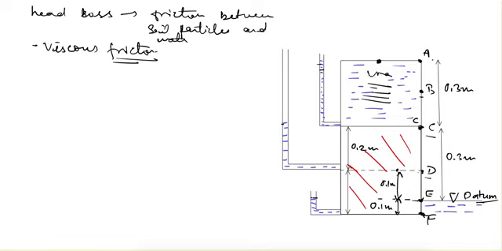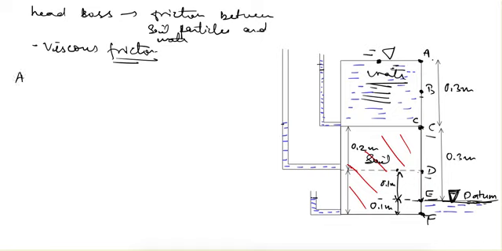So this part here is water, and this red one is soil, and the flow is taking place from this point to this datum point, which is the bottommost point. We are taking it here as datum. So flow is taking place from the top to the bottom. So what will be the total heads, and if head loss is also taking place, what will be the head loss, that we have to see now.